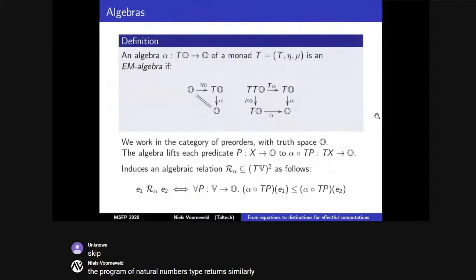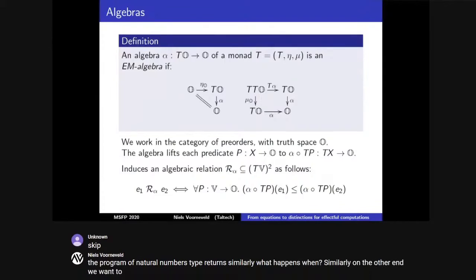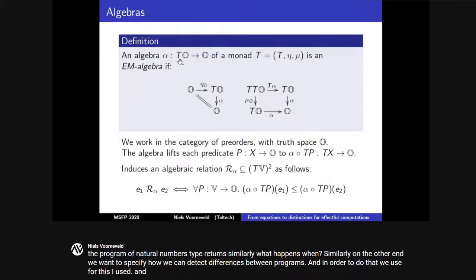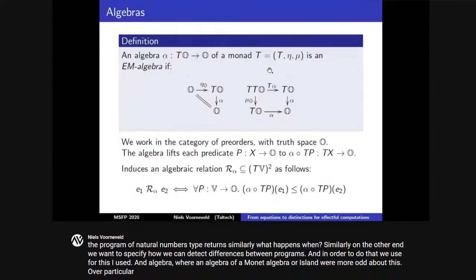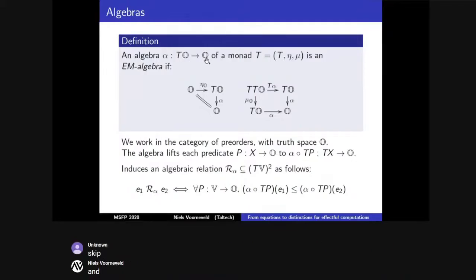Similarly, on the other hand, we want to specify how we can detect differences between programs. And in order to do that, we use, or at least I used, an algebra, where an algebra of a monad, or Eilenberg-Moore algebra of a particular monad in general, but the tree monad specifically, is given by this map here that uses some carrier set and takes TO and goes to O,